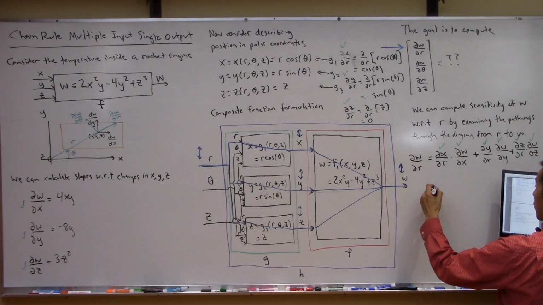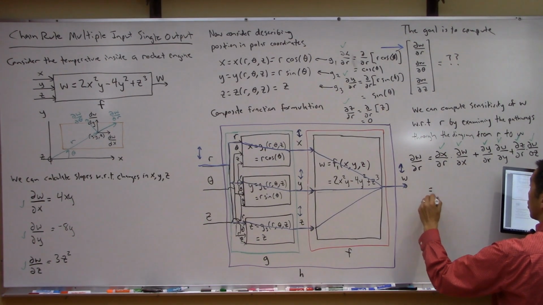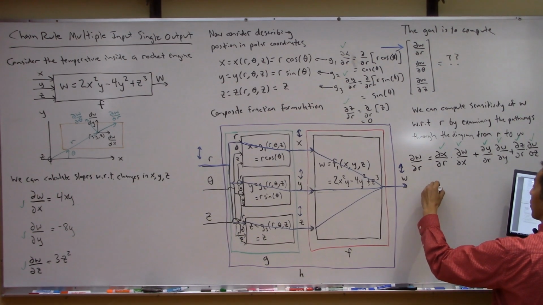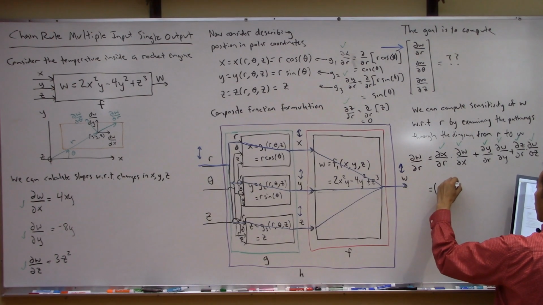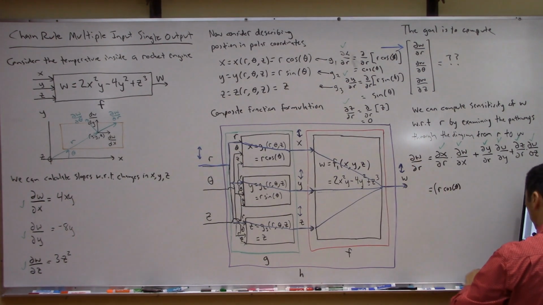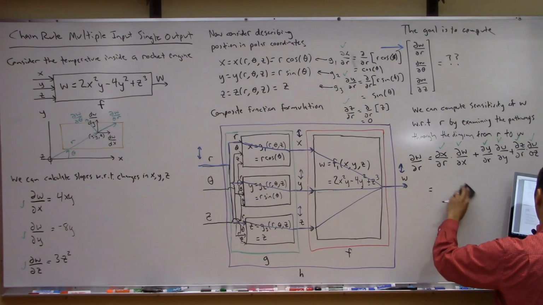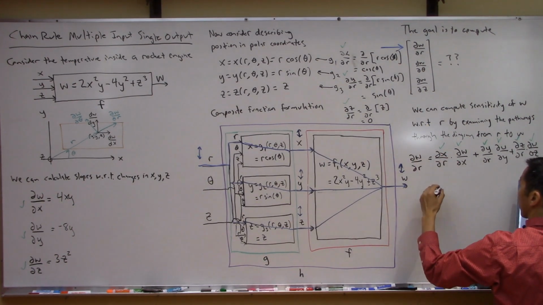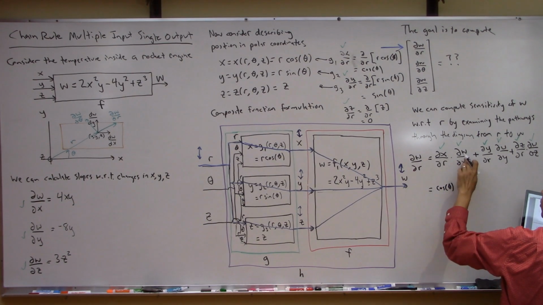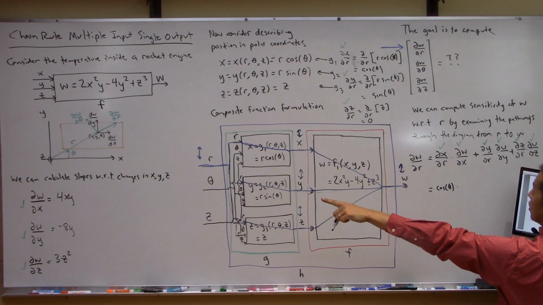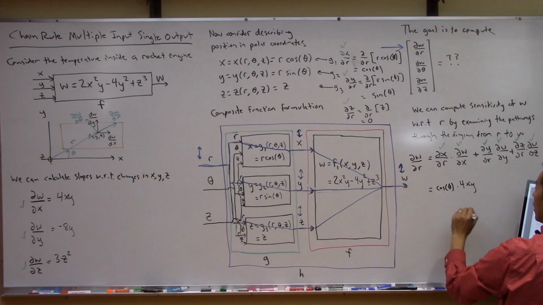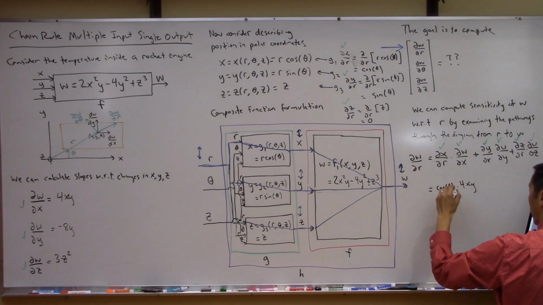And let me see, what do we end up with here? Let's just be explicit. Okay, dx dr, this first term is just going to be cosine theta, right? Times this term right here, dw dx, which was times 4xy. Great, so this is the first term,